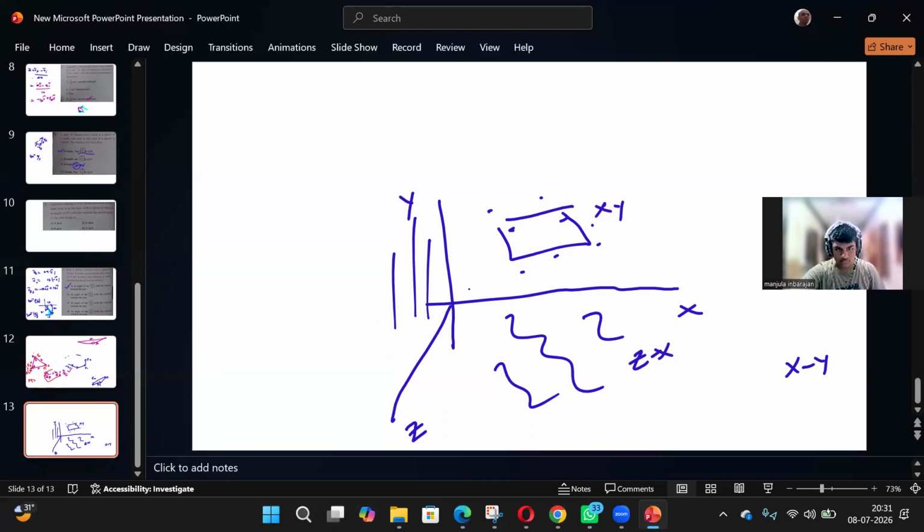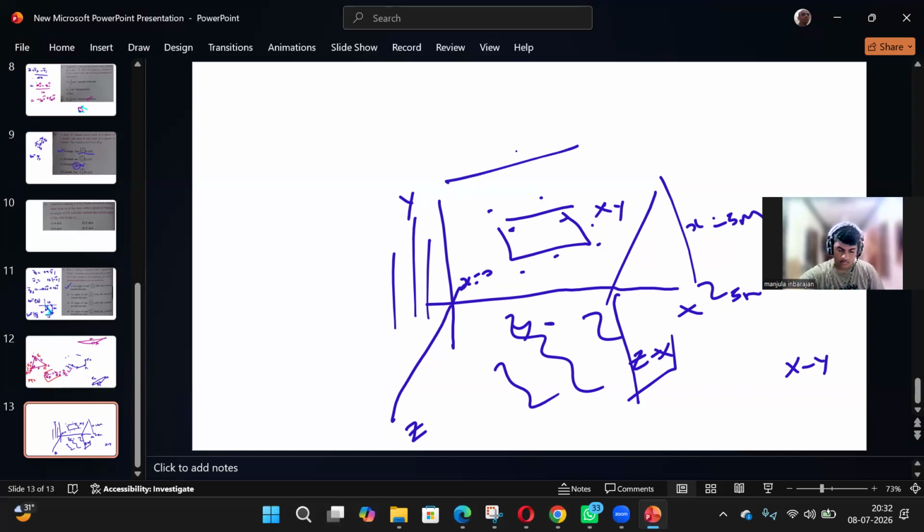This YZ plane can be taken as the YZ plane at x equal to 0. Similarly, the plane which is parallel to the right wall is also a YZ plane, but at x equal to some value, say 5 meters. So the floor is the ZX plane at y equal to 0, and the ceiling is a plane at